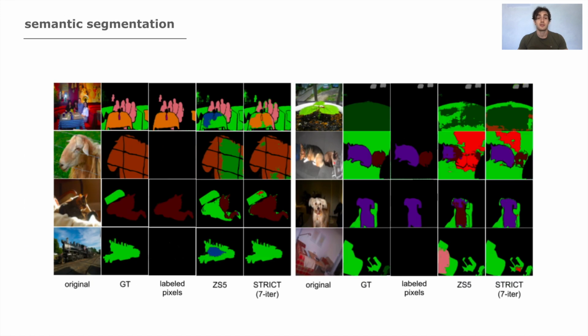Regarding the semantic segmentation mask, in this figure it is possible to see that our model correctly identifies pixels of unseen classes as well as seen ones. Moreover, it achieves a good trade-off between seen and unseen classes. For instance, on the image in the second row on the left, DeSP misclassifies most of the pixels of the sheep, that is an unseen class, as a cow, that is a seen class, showing the bias towards seen classes. On the other hand, our model segments almost perfectly the sheep, with few pixels misclassified.